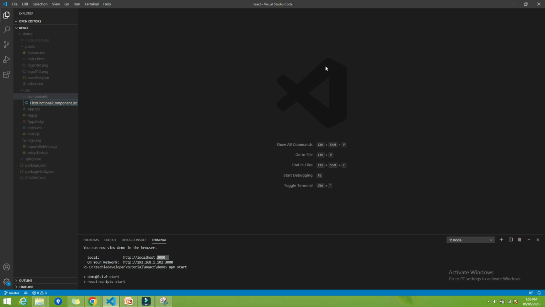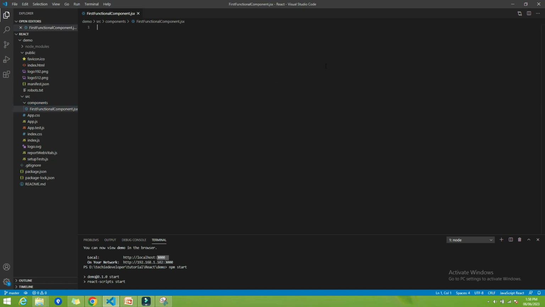Now this is the first functional component.jsx. Let me correct the spelling: functional component.jsx. Now the first most important thing, we have to import React from React. This is the first import statement we have to add. The second thing is we have to create the functional component. As I told you, it's a JavaScript function. So function, I will give the same name: